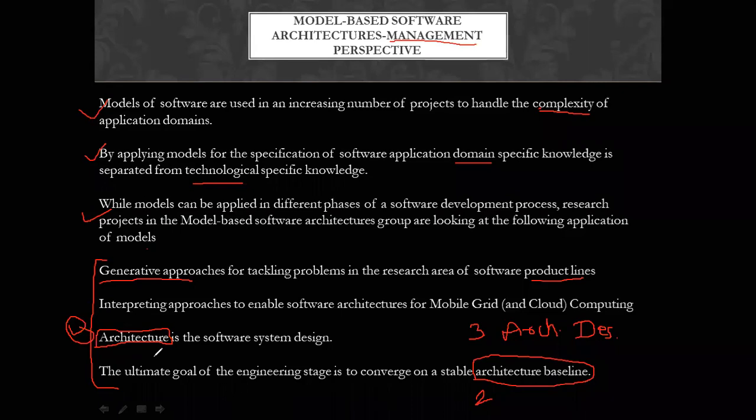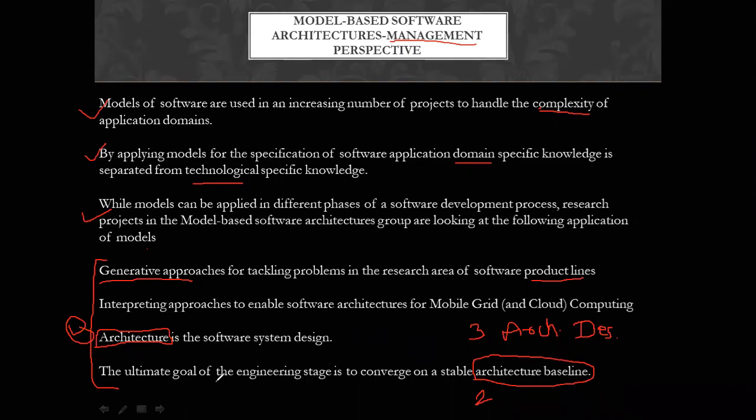And for the simple definition of architecture, it is a software system design, or you can say it is a design of the software system which includes all the engineering necessary to specify the complete picture of your design. So these are some ways, but what you have to remember is that it is a complete system design. That one main thing you have to remember.